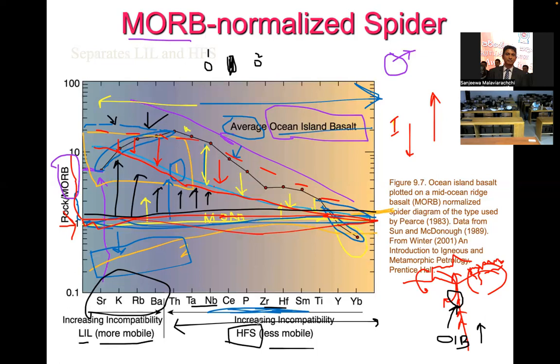Of course, high field strength elements are also mobile, especially the ones lying to the left hand side. But compared to the large ion lithophile elements, high field strength elements are less mobile. They will incorporate into melts easily, but not as rapidly as these large ion lithophile elements, right? So if you take some compatible elements like these ones,